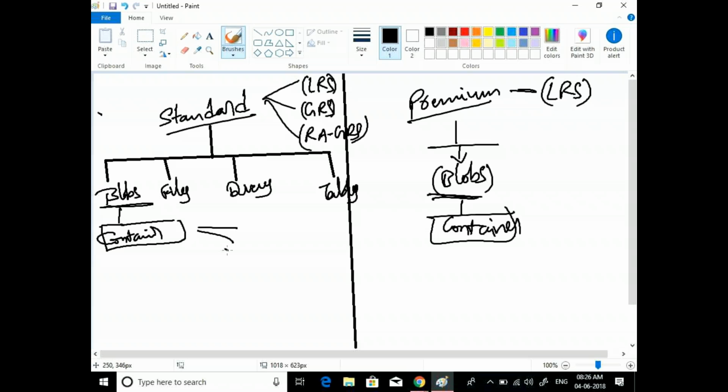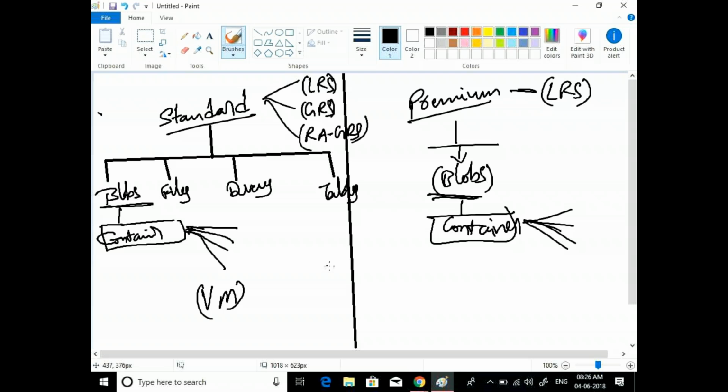If you want to access the data in a standard storage account, there may be some issues like performance issues. But in premium, you can access the data very fast. You don't have any throttling or issues while accessing with premium storage. The difference to remember is when you are creating a virtual machine. You can only see the difference there.